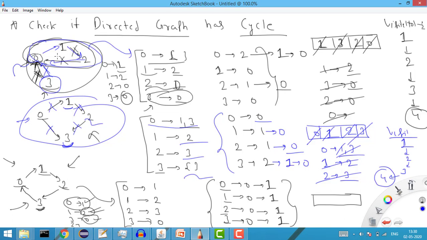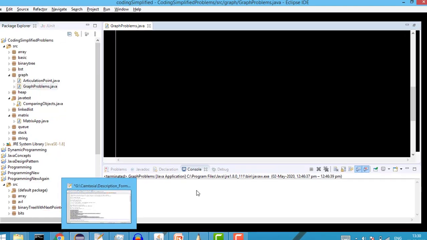Right? So one by one, I'm decreasing the incoming degree by -1, and whenever the incoming degree is 0, then I'm adding it into the queue. And one by one, I am removing the element from the queue and checking, and I'm increasing the visited nodes. So at the last, if the visited nodes are equal to the total nodes in the graph, then I can say there is no cycle, and if there exists a cycle, then it will not be the same. Right? So this is what the logic is. Now let me show you the code so that you can understand better how it is happening.